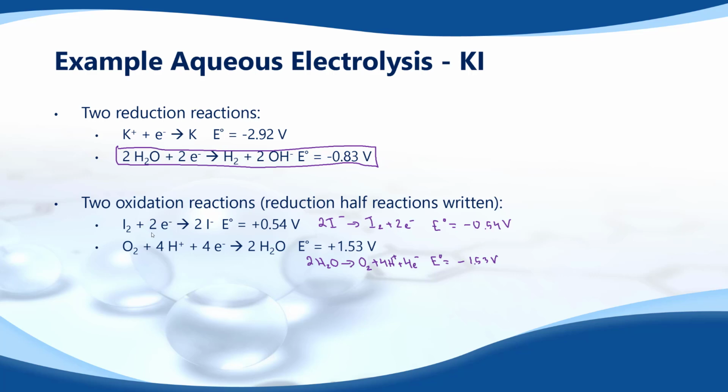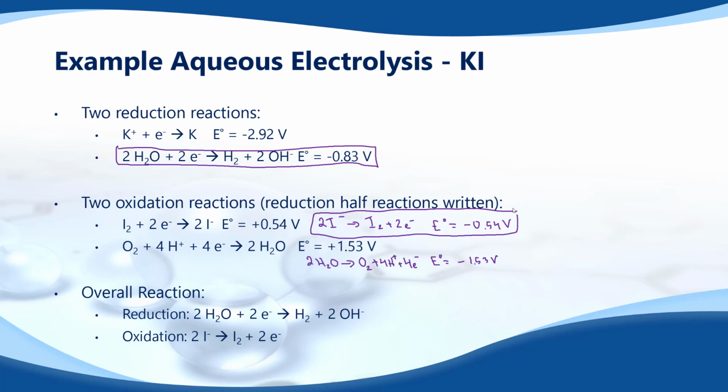Right, so that's at 0.83. For our oxidation reactions, the one that gives us the most positive result is iodide turning into iodine. So these are our two potential half reactions. The overall reaction for this process is that we're going to see